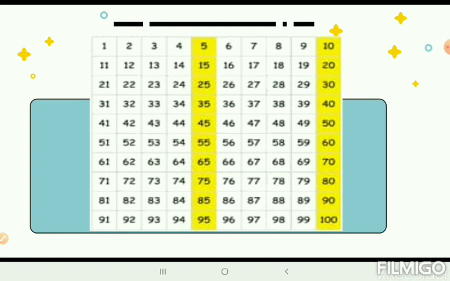So, skip counting by 5 has a nice pattern. Here on the screen you will see if we start from 5, every time you are skipping, you go from 1 to 5. Then next will be 10, 15, 20, 25, 30, 35, like this. The yellow column which you see has the numbers which you get when you skip count by 5. So you will see a pattern formed. The numbers which you are getting here always have either 5 or 0 in the ones place.